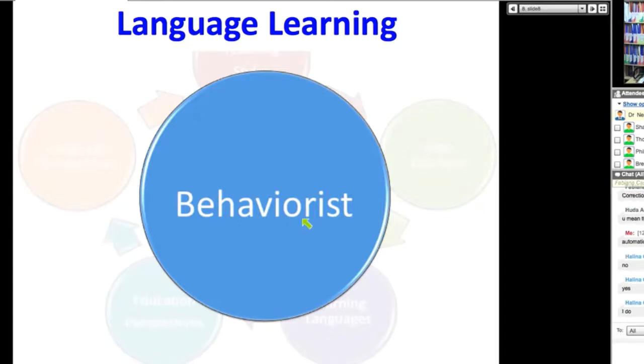Now how many of you use a behaviorist approach, or how many of you have learned a language through a behaviorist approach? With lots of repetitions, maybe repeating together. Everybody, together: "I am going home now." Very good. Think about it. Give me a thumbs up if you have either taught or have gone through a behaviorist way of learning a language. That's how we learn.